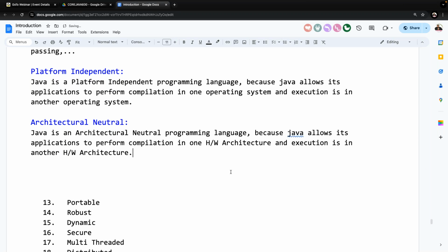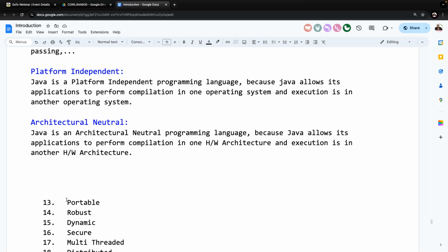So because of that reason, Java is an architectural neutral programming language. Architecture in the sense of hardware. You'll get more information about this in the next point.